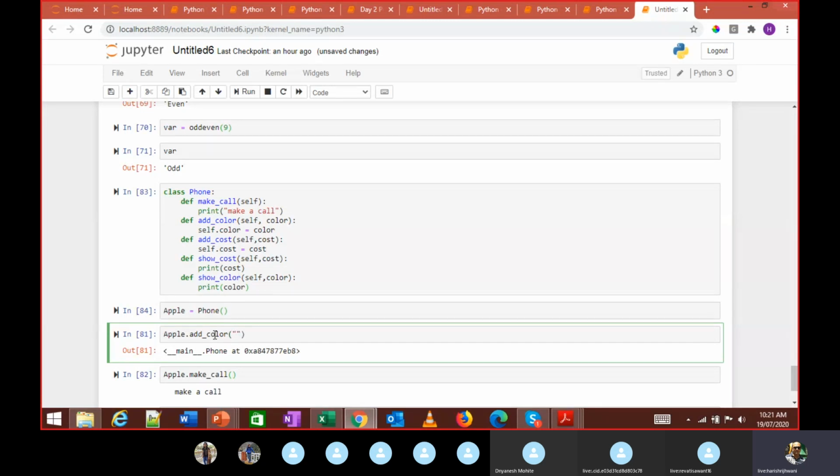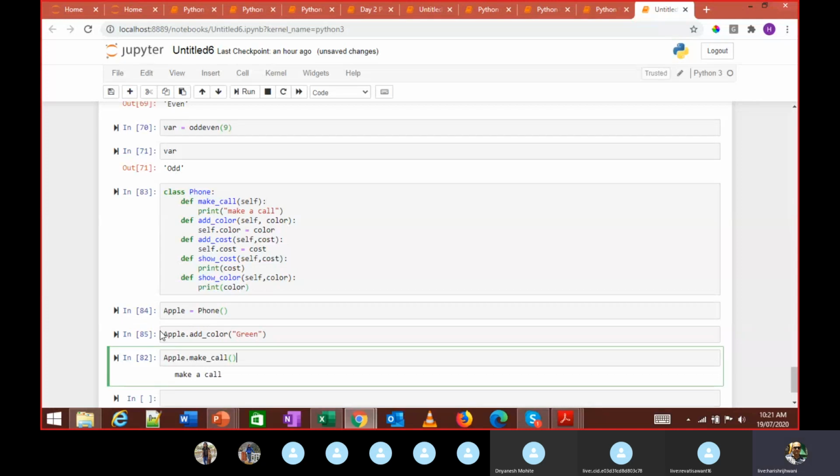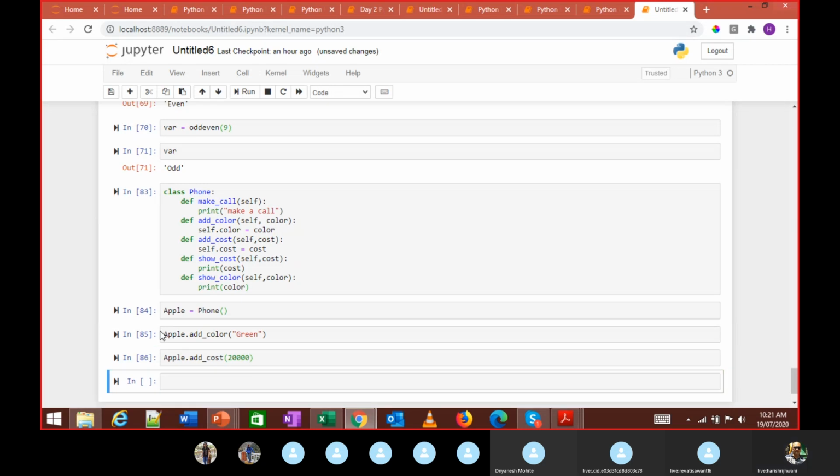Okay, I have to pass the value. So if I say green, and if I say add cost, and if I now say apple dot show color,